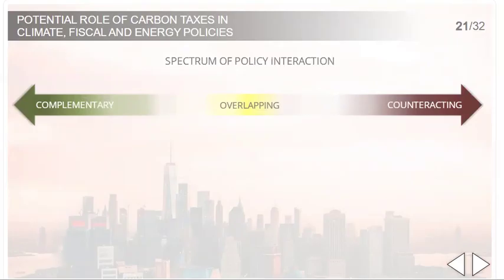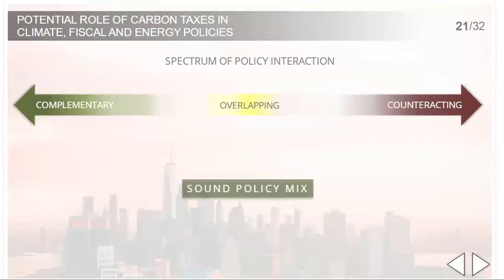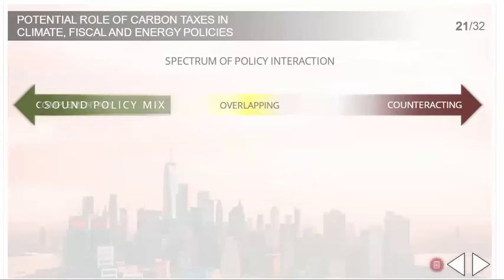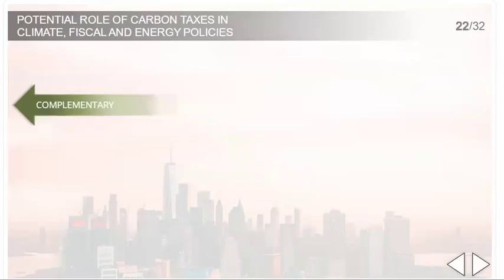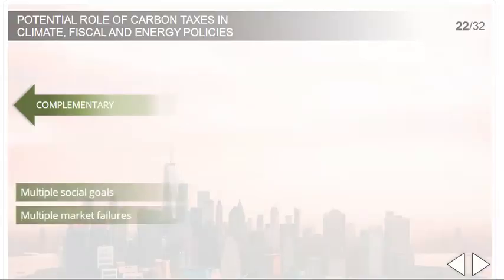Recalling the barriers to emission mitigation discussed previously, a sound policy mix will, at the least, seek to address all major underlying issues in a complementary manner. Complementary policy instruments are those that work together to produce desired outcomes. Generally, complementary instruments are most useful when either multiple types of market failures or multiple social goals exist. Jurisdictions may sometimes need to engage in gap filling because existing systems are incomplete.